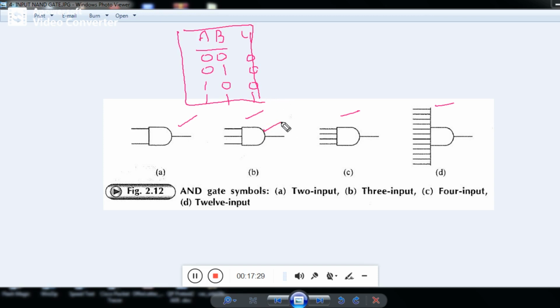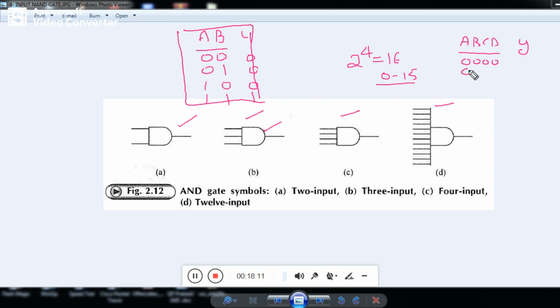Similarly, truth table for 3 input AND gate, and we have seen already 4 input AND gate. You can write truth table for 4 input AND gate. I will write truth table for 4 input AND gate. Suppose inputs are A, B, C, D. Y is the output. Then what is the table? 0, 0, 0, 0. 4 input means how many combinations are there? Since it is a binary system, 4 input means 2 raised to power 4, that is 16. Because you start from 0, it will continue from 0 to 15. You will get here 16 combinations.